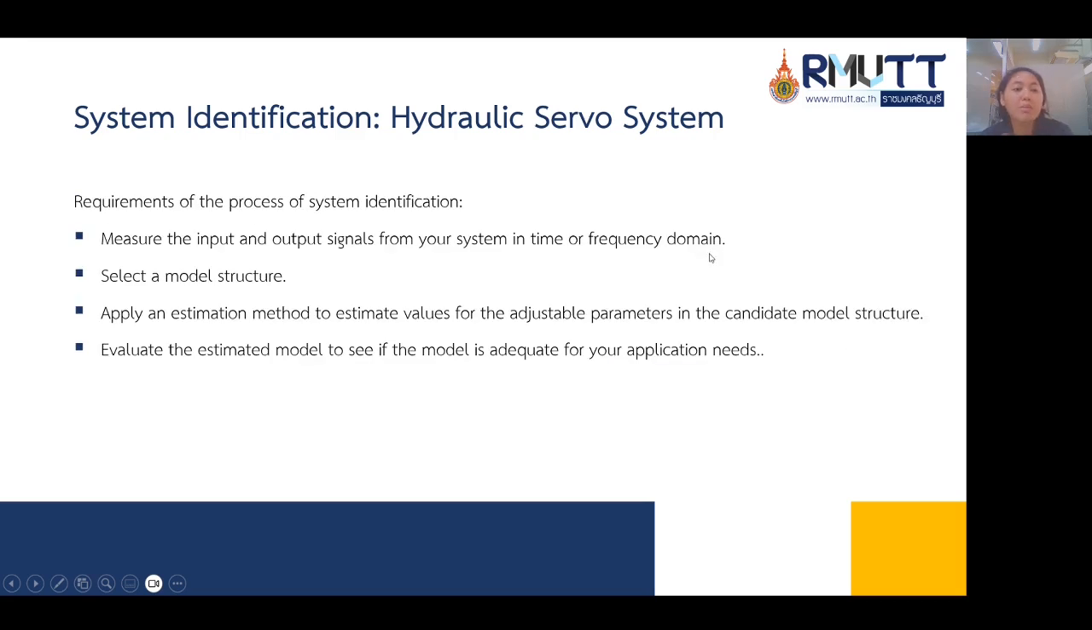The requirements of the process of system identification, there are four. The first is to measure the input and output signal from your system in time or frequency domain. The second is to select the model structure. The third is to apply an estimation method to estimate values for adjustable parameters in the candidate model structure. And the last is to evaluate the estimated model to see if the model is adequate for